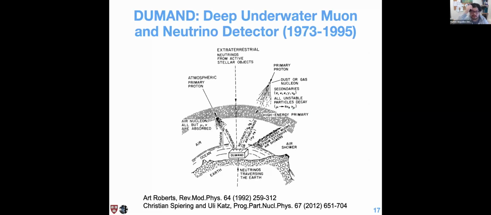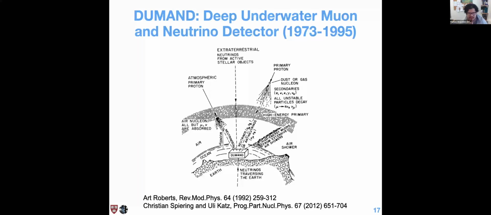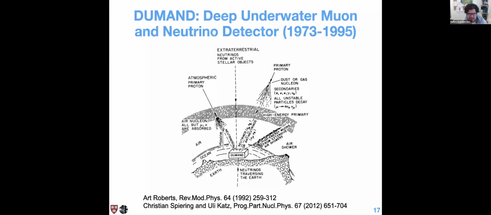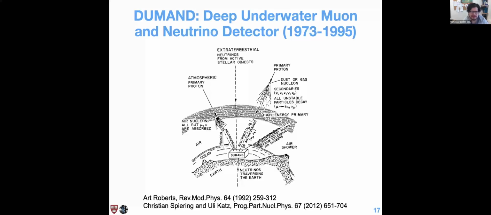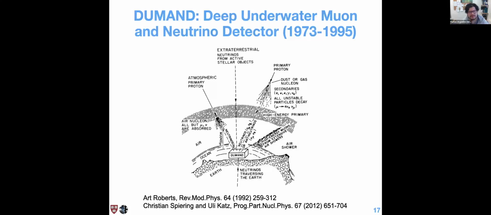So the first idea to build such a large underwater detector was the DUMAND project, which started in the early to mid-70s and ended in the mid-90s. And this is one of the earliest cartoons of DUMAND. DUMAND is an interesting experience, even though DUMAND itself never happened. Many of the concepts of neutrino astronomy were set up by DUMAND. And so the idea was to have DUMAND be underwater and be an array of sensors that will detect these high energy